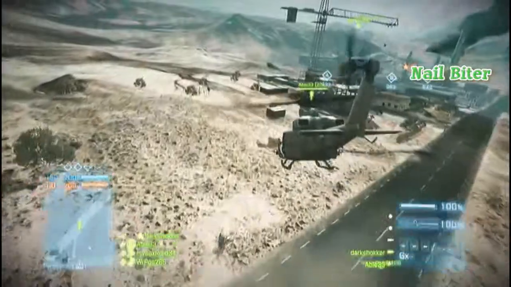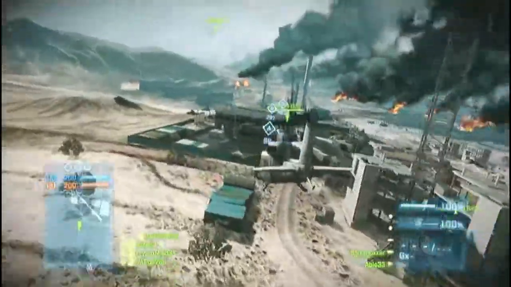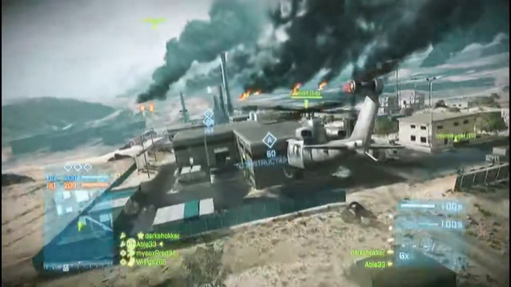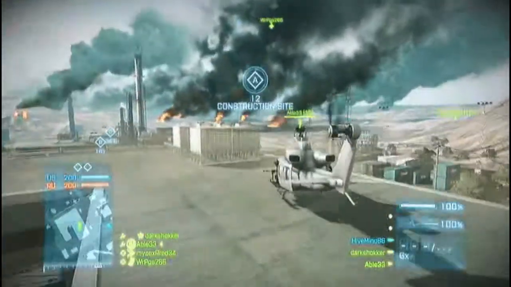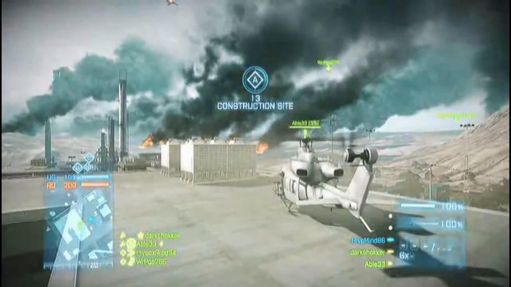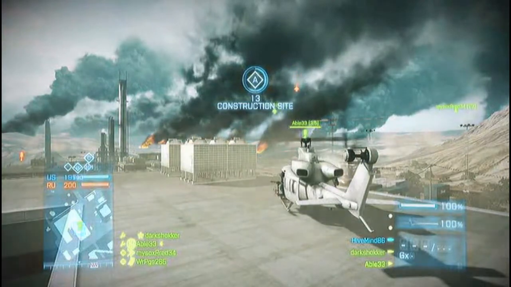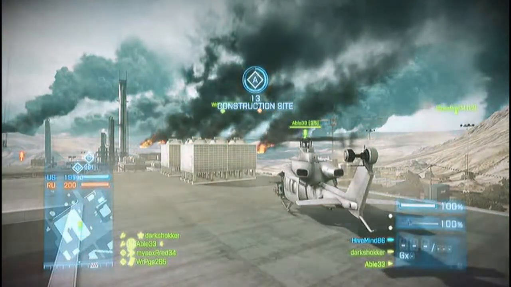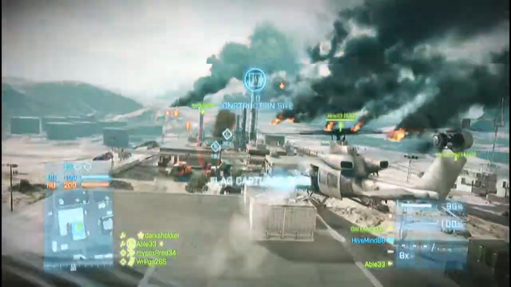So I'm showing off my pro piloting skills, keeping her low to the ground. This is actually, that's a pretty nice landing for me. I'll take it. So using the helicopter is a quick way to capture points. It's pretty effective. You just have to be careful sitting in one place for too